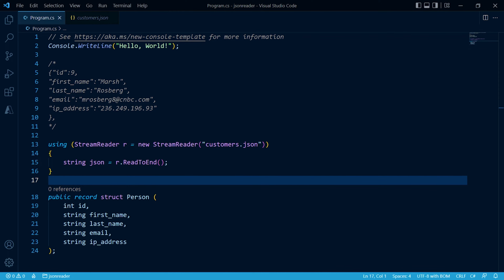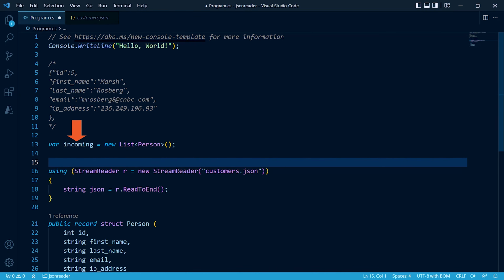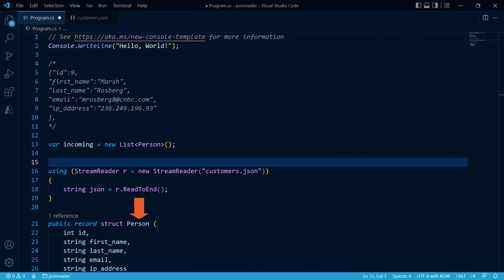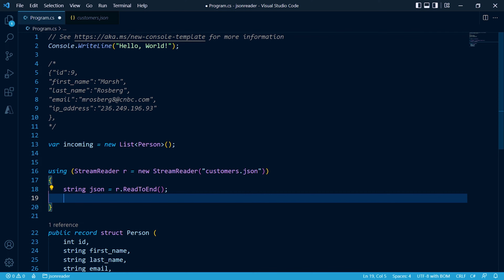So we'll deserialize the stream of JSON and line by line add each one of these into a person record and then store them into a C# list. So first, we need to create that list. Here we have a list named incoming, and it's simply a list of the person records. Right now, the string of JSON is just a long string. We need to deserialize this string and break up the records to insert them into the list. So we'll add this line of code. And we'll add in the